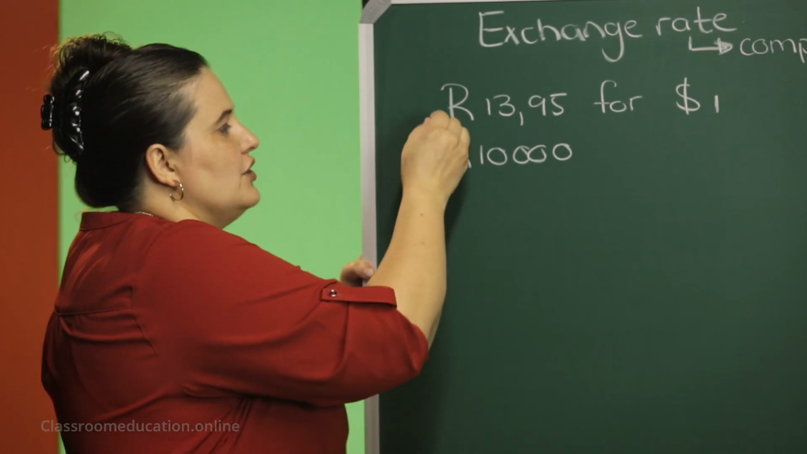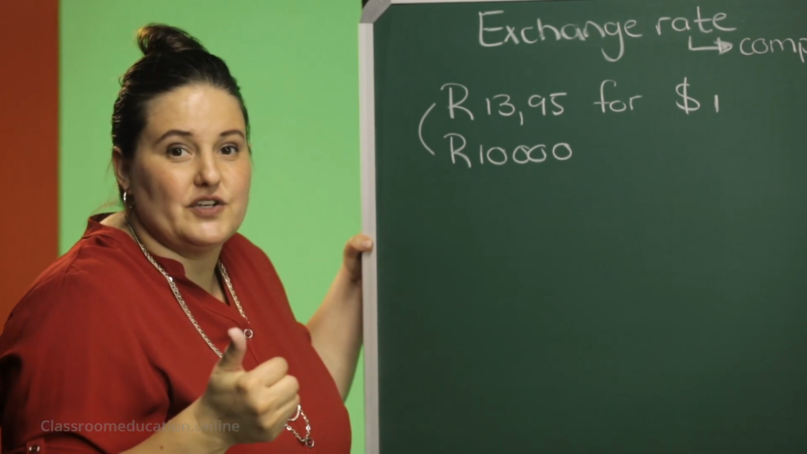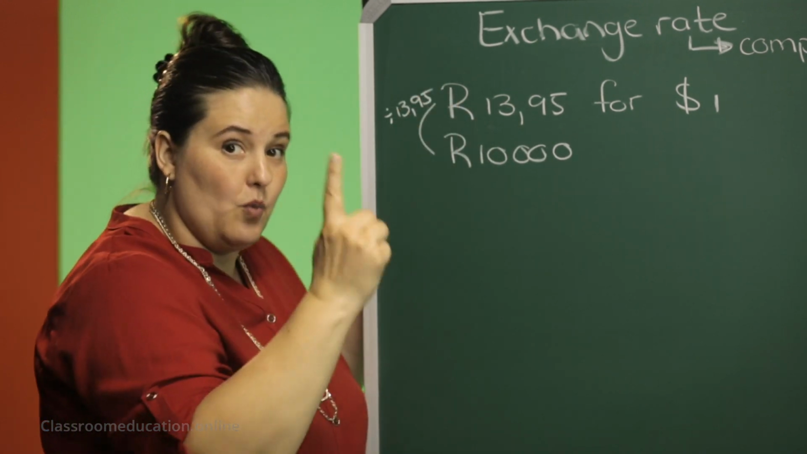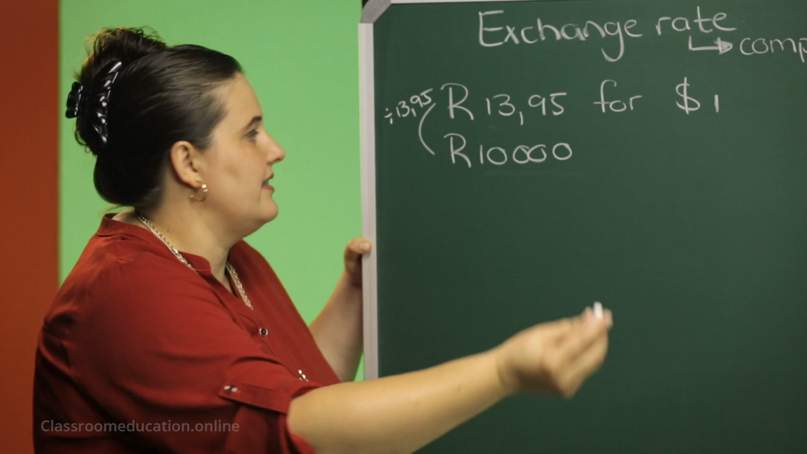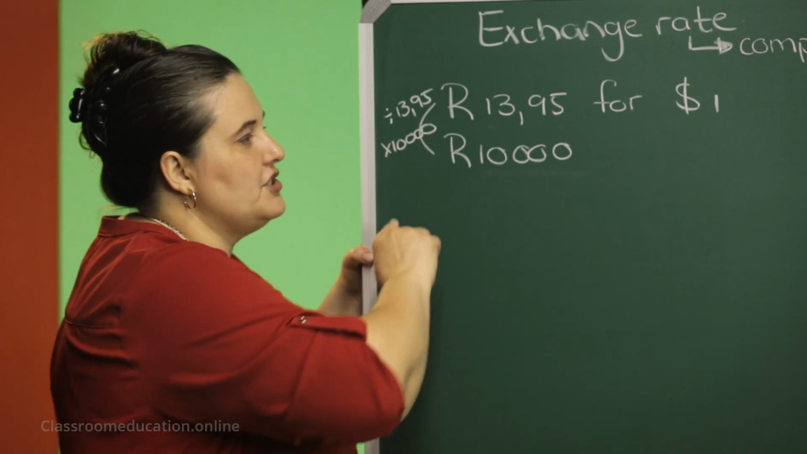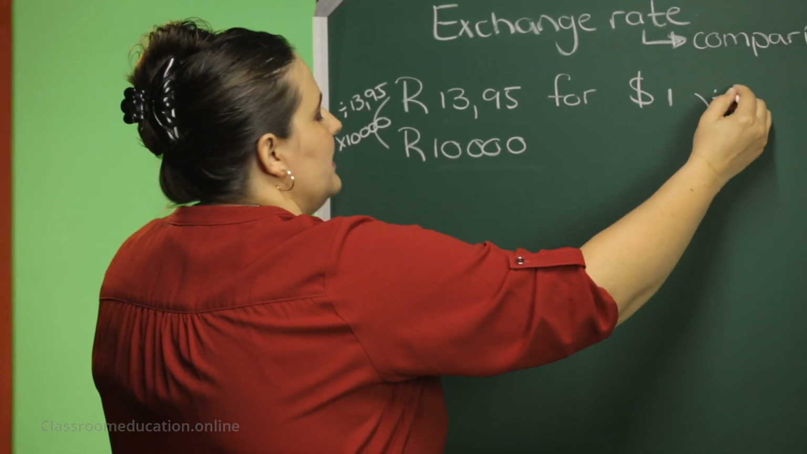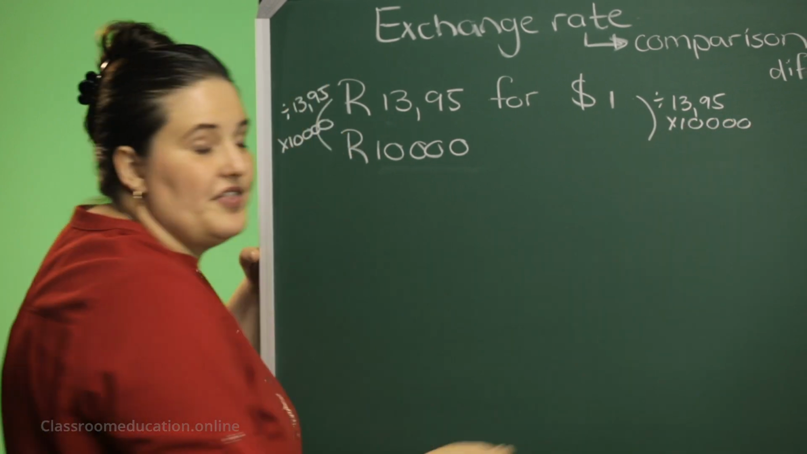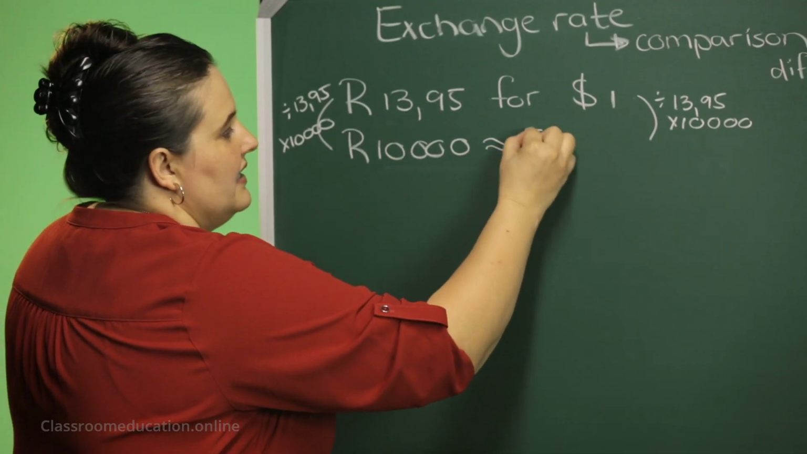So let's do this. To change my 13.95 to 10,000, the first thing that you can do is divide by 13.95. Then you will have 1. And now I need to multiply it by 10,000 so that I will end up with 10,000. But you need to do it on that side as well. So here I will say divided by 13.95 times 10,000. And you will then get an answer. If you round it off,